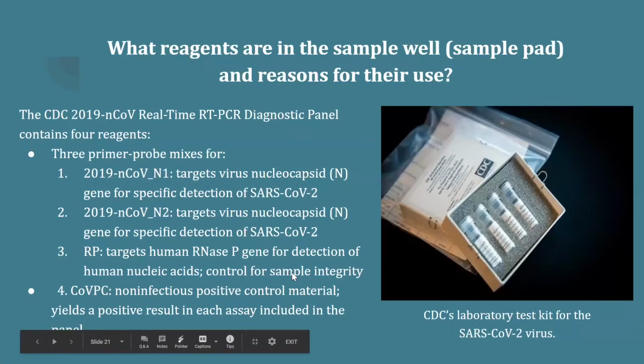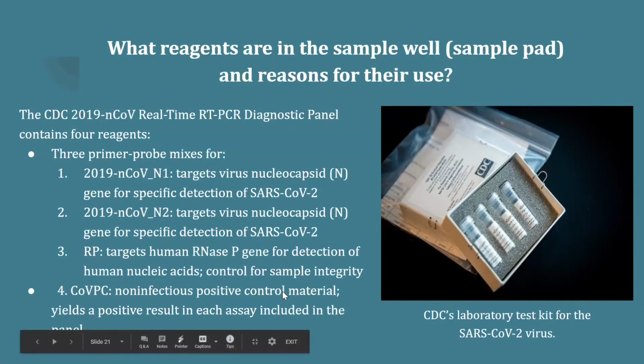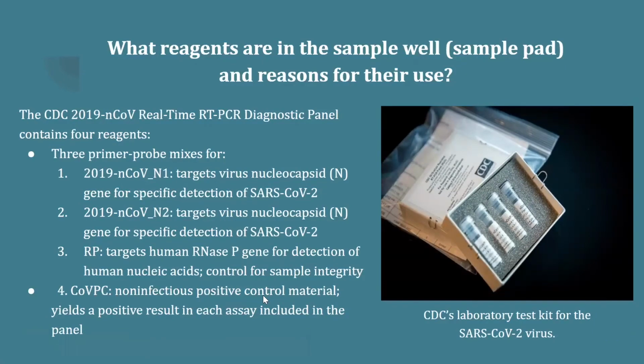So what reagents are in the sample well or sample pad and reasons for their use? The CDC 2019 nCoV Real-Time RT-PCR diagnostic panel contains 4 reagents. There are 3 primer probe mixes for 2019 nCoV N1, 2019 nCoV N2, and RP. The 4th one is nCoVPC, which is a non-infectious positive control material that yields a positive result in each assay,